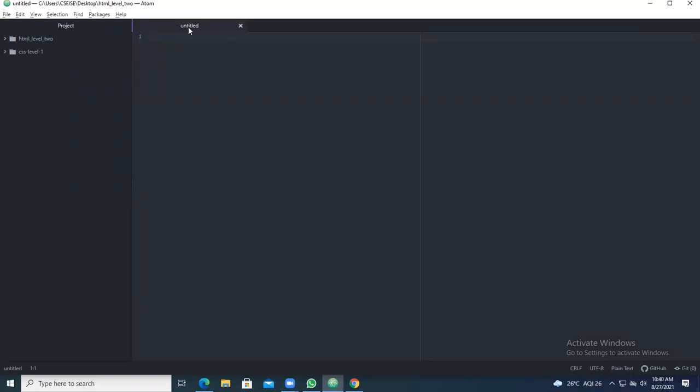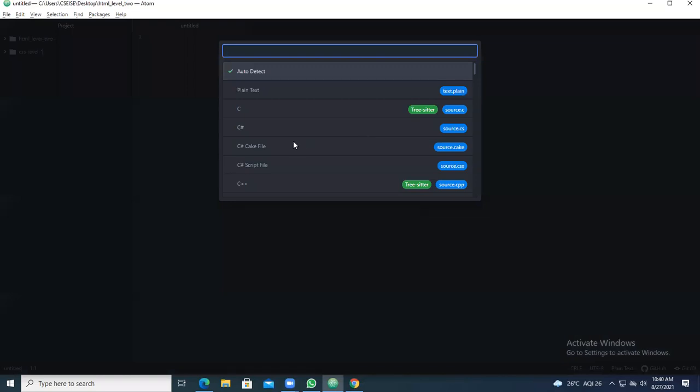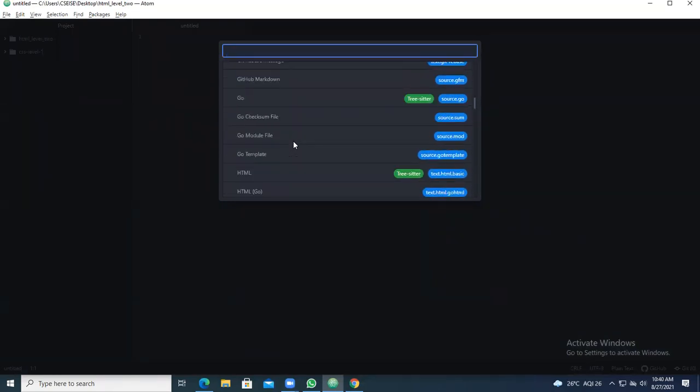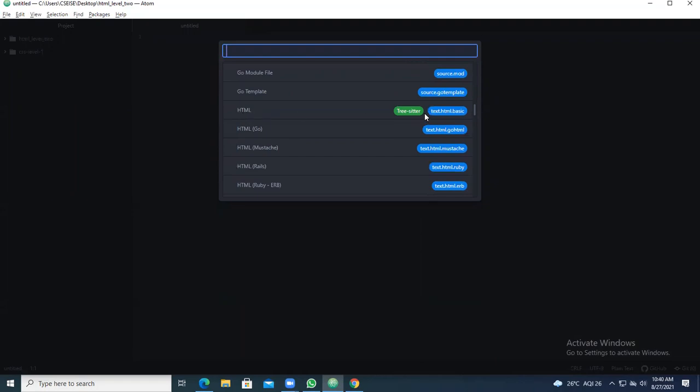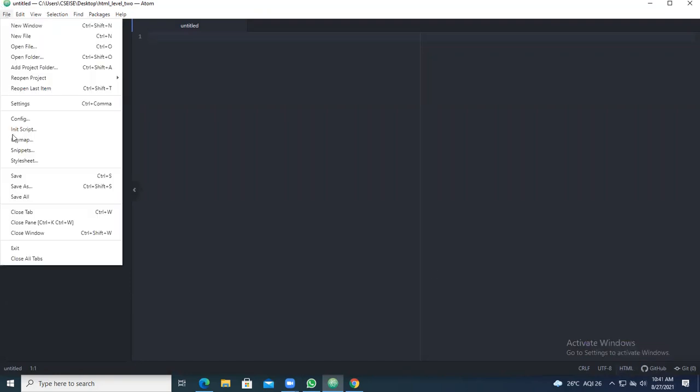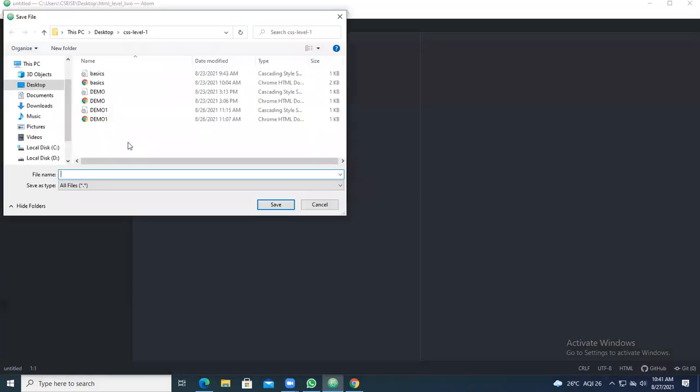The new file will come here, marked as untitled. At the bottom, it is given as plain text. Click on the plain text and change the default to HTML. You select that one, and now you can see HTML has come here. Save the content by going for save.